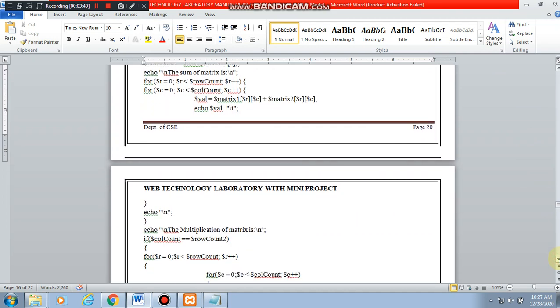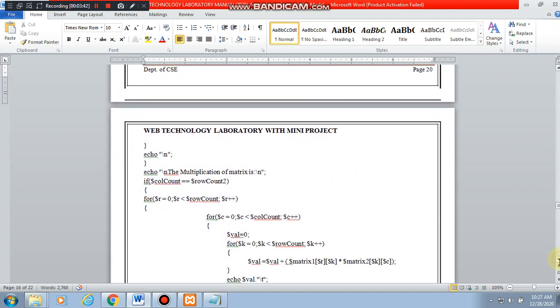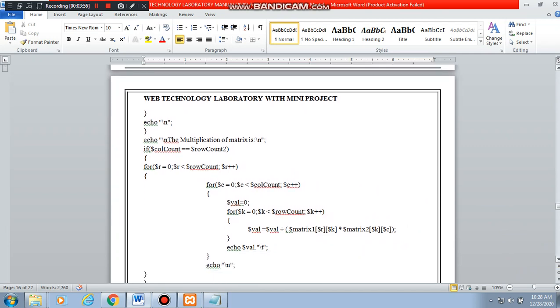Similarly, we have multiplication here, where you are going for one row into all the elements of the one column, that is the multiplication rule. Accordingly it is performed.